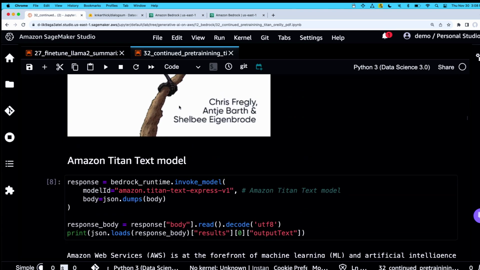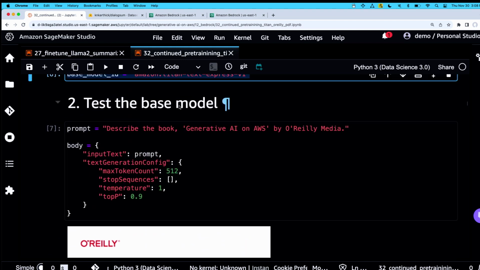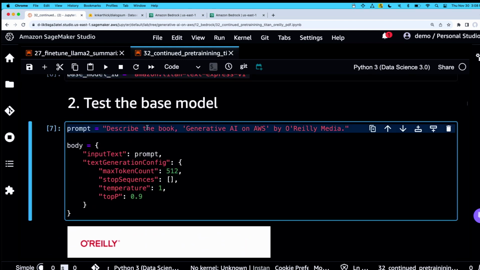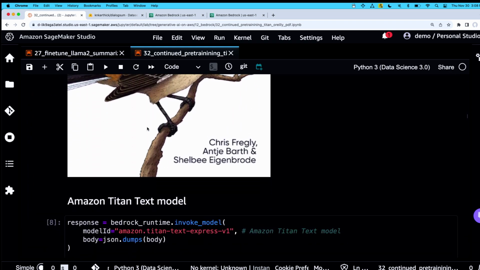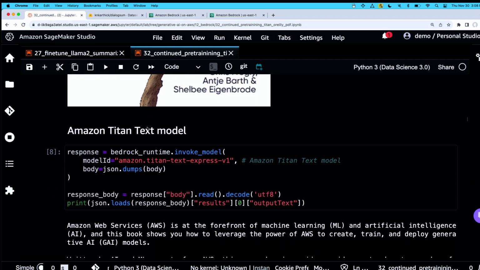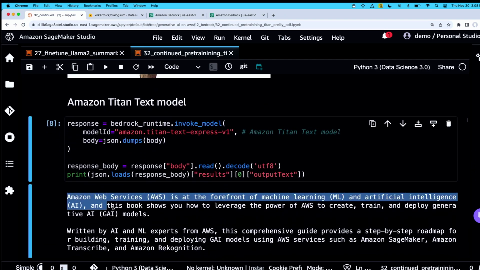Just to back up a sec, I'm going to ask the base Titan model, Titan Express, that has not been customized, to please describe this book. Now, of course, since the model's never seen this data, it starts to pretend like it does. So here we see some hallucinations. This is Titan trying to be friendly, trying to come up with something that could have a title, generative AI